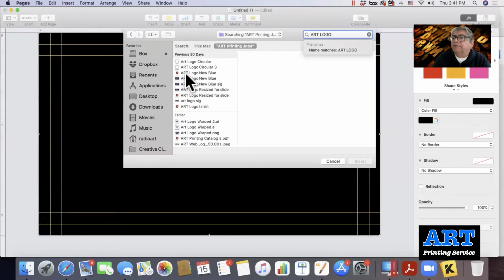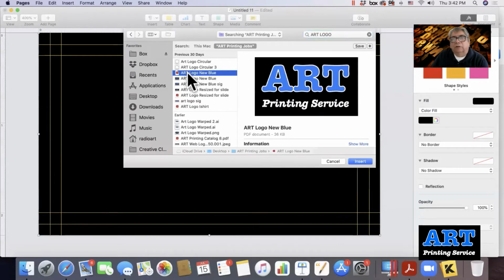The reason why we want to use a PDF, now you may not have the ability to make your logos into a PDF, so a JPEG is fine. Just make sure it's a high-res JPEG, because if it's too low, the edges will be all rough. You want it to be nice, smooth, and sharp. A PDF is normally done in vector file, and vector file means you can make it as big as a billboard, and the edges will still be sharp and clean. With a JPEG, no matter how high resolution you have, if you try to make that thing the size of a billboard, it's still going to have a jagged edge. So we're going to choose this one right here,